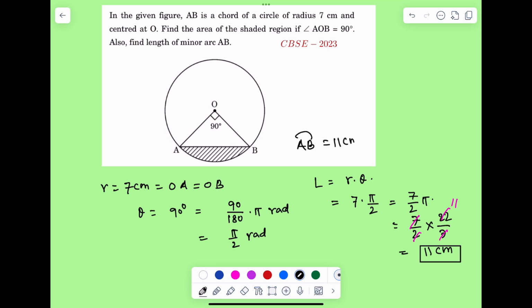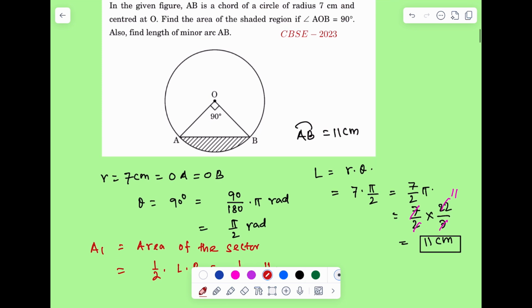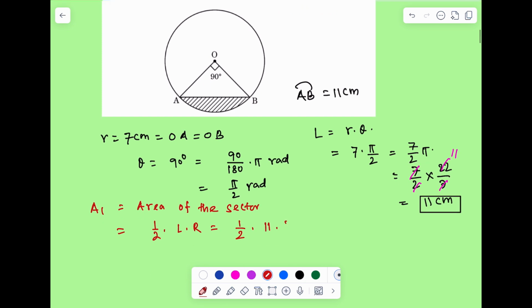Now the area of the shaded region. First we have to find out the area of the sector. Let A1 be the area of the sector. Area of the sector is equal to half L into R. Half is there, L is 11, into R. R is the radius of the circle, which is equal to 7. So 77 by 2. Now from this we have to subtract the area of the triangle. This is the area of the sector,